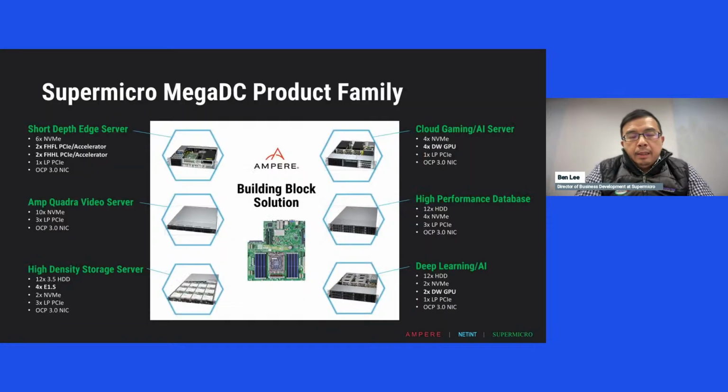In this section, I just want to echo what Mark and Sean just mentioned. With this building block principle, we have a broad product family. This is a high-level look at Supermicro's MegaPC product families. This lineup, again, follows our building block principle and offers a variety of solutions,